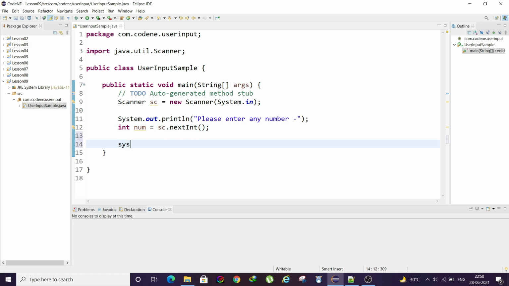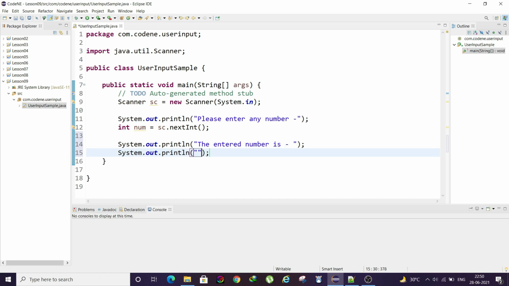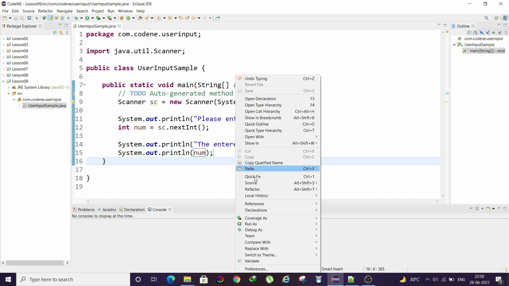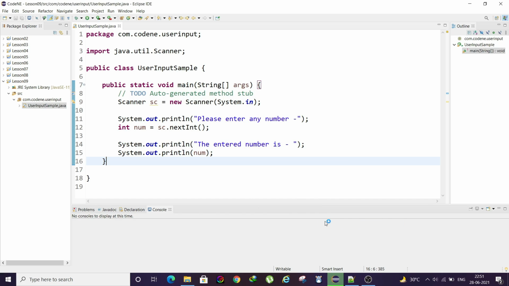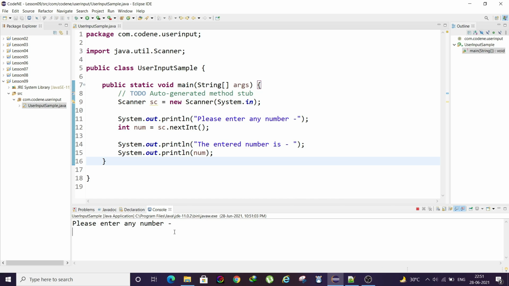To display it, just type "The entered number is", num. When we run this program, you can see it stopped here. Just click on the console, then enter any number like 100 and click enter.